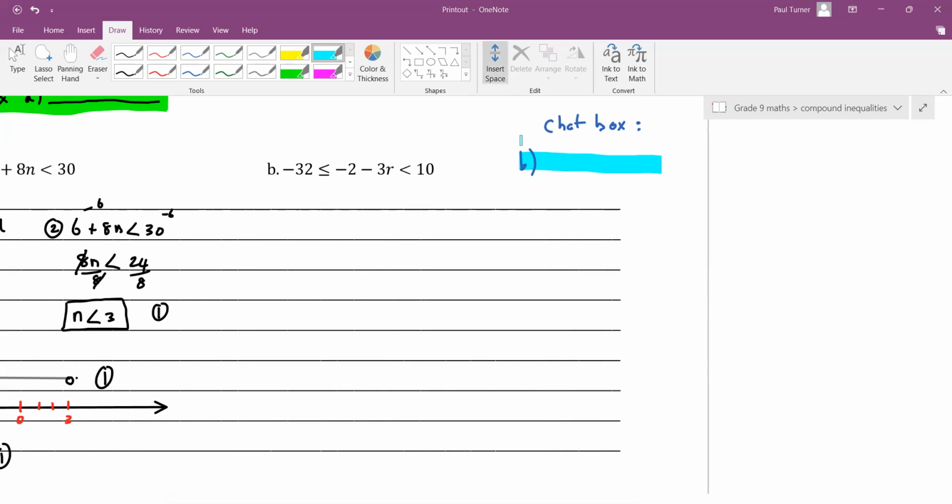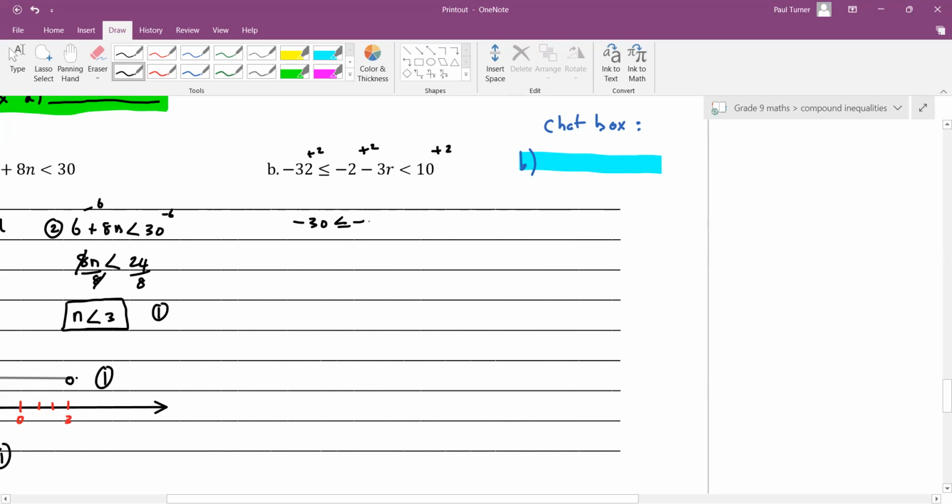It's a little bit tricky because you've got a -3 here. All right, so I'll do a little bit and then you can try and finish it off. The first thing you've got is -2 here, so we're going to have to add 2 everywhere. This is the easy method because we only have one variable in the middle. So add 2, you're going to get -30